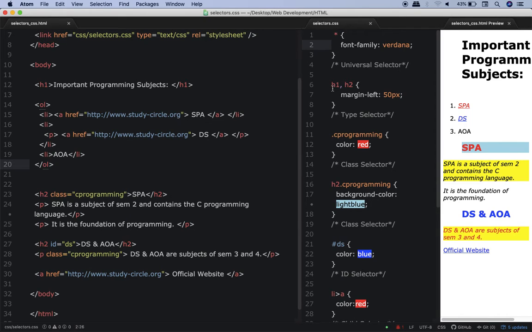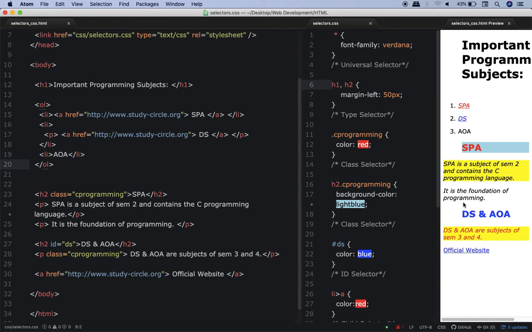Now have a look at this H1, H2. I'm sure you know what it is. Whenever you write the name of any element this way, then this H1, H2 are called type selectors. So this is very simple. What we have done is we have mentioned over here that for H1 and H2, the margin left should be 50 pixels. You have the HTML file also in front of you. Decide where is H1 and H2. So see, this is H1, this is H2, and this is also H2. If you see carefully, you will realize they are all aligned. See this D, this S, P, I, they are all aligned.